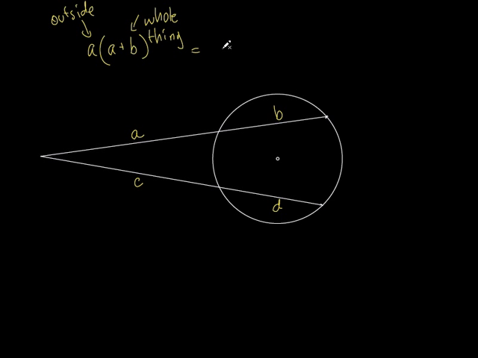Right. So give me some letters. Nate, you're about to do it. C times C plus D. Very good. C times C plus D. Everybody got that? So you take the outside segment, which in this case is A, times the whole thing, which